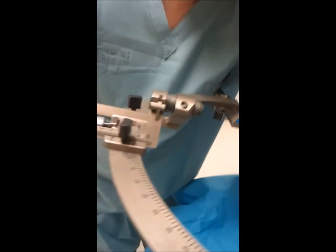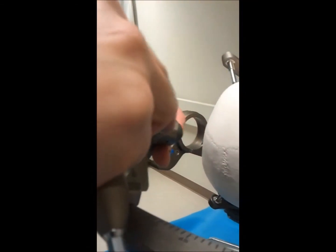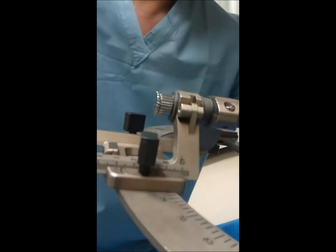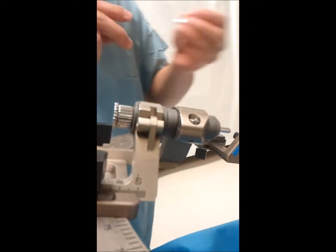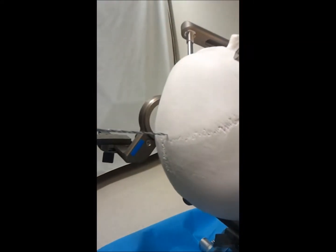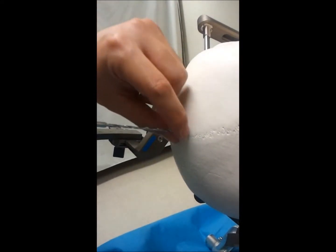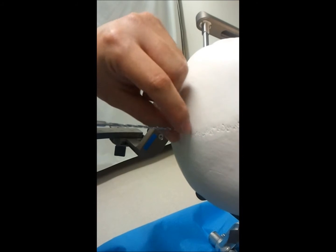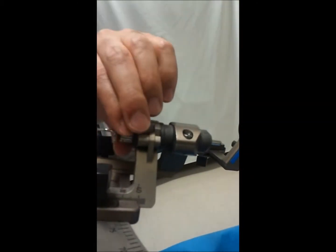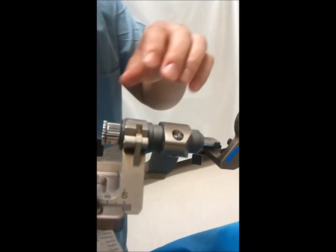So we use our 2 reduction tubes here. Kind of slide in. And then we can use our small, or we can use 1 reduction tube. We can use our small drill, and that will tell us where we are in space. And then a skin incision, if it's just a small stereotactic biopsy, can be made. Or if we need to do a large burr hole craniotomy, we want to give this all back to the scrub nurse